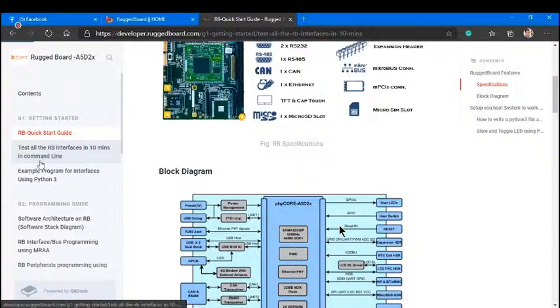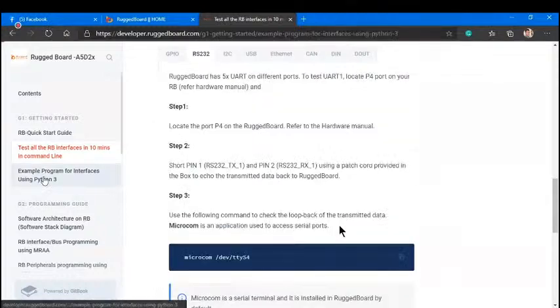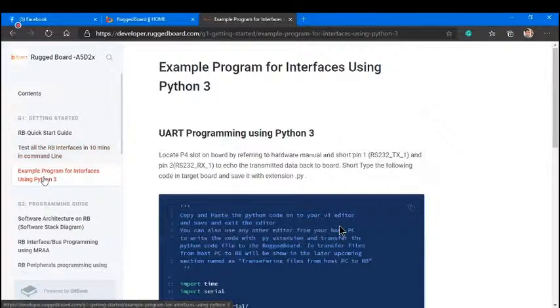You can go to GPIO if you want to test GPIO using the sysfs command. If you want to glow an LED, you have an onboard LED, and a switch is also available on board. So you can check the GPIO in and GPIO out on the board directly without buying any other external component. You can check RS232 and other things. Anyway, Vasu sir will give more explanation about it during the session.